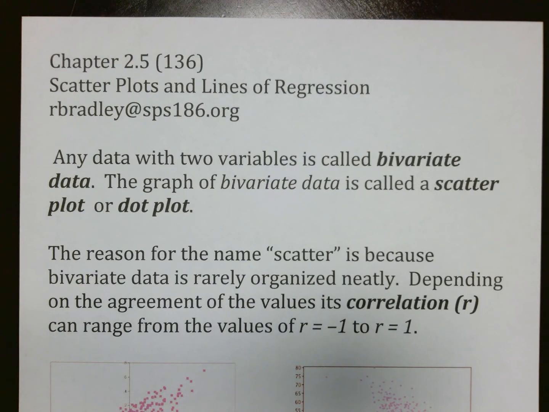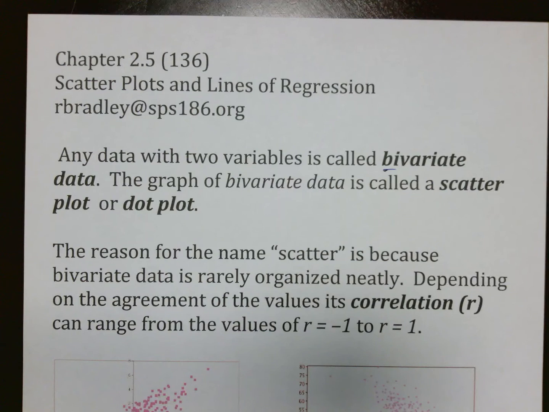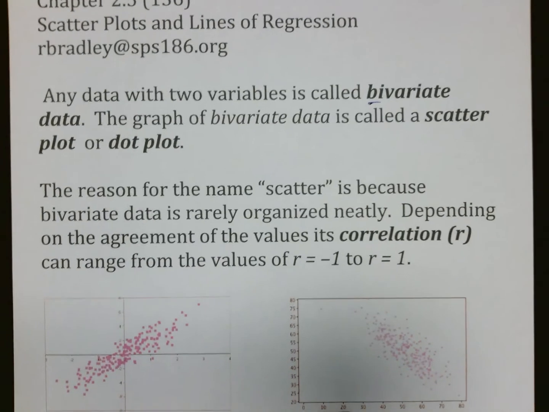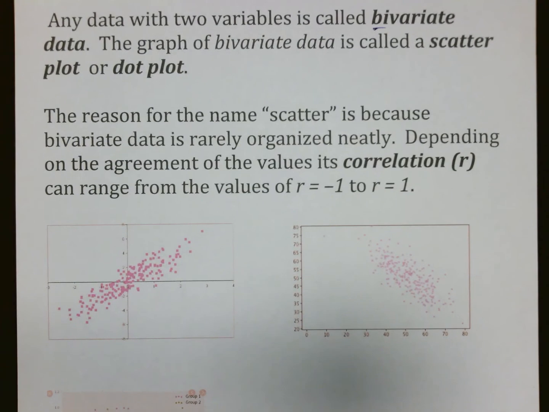2.5 gets into scatter plots and lines of regression. Any data with two variables is called bivariate, bi meaning, of course, two, like bicycle, two wheels. The graph of bivariate data is called a scatter plot or a dot plot, which is what we're getting into. The reason for the name scatter is because data with two variables is rarely organized neatly